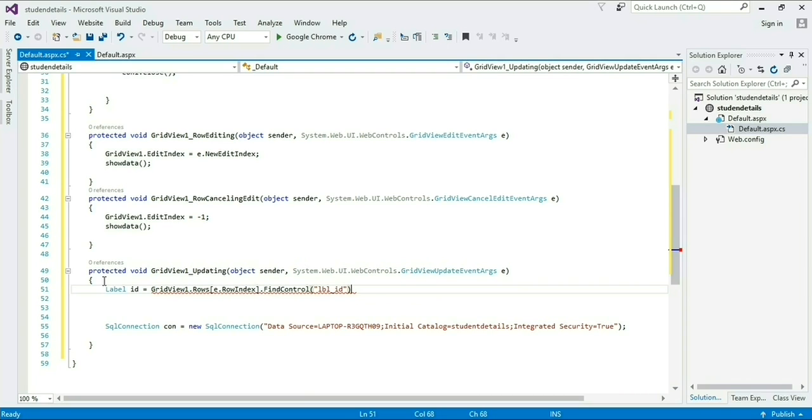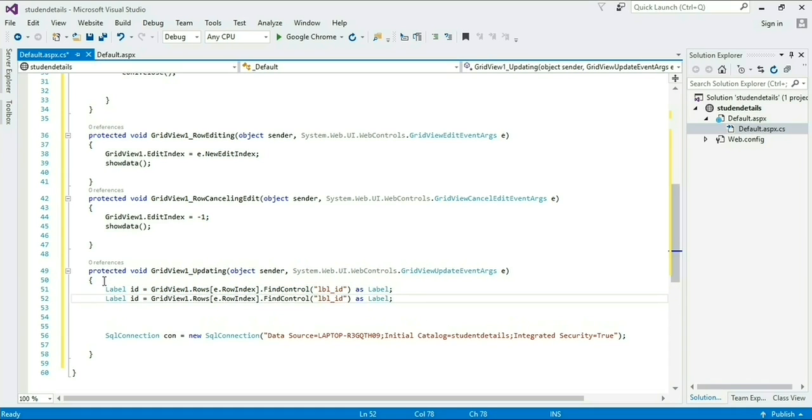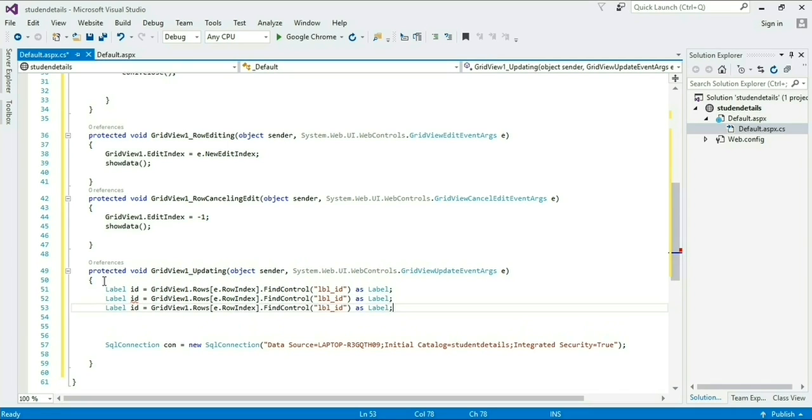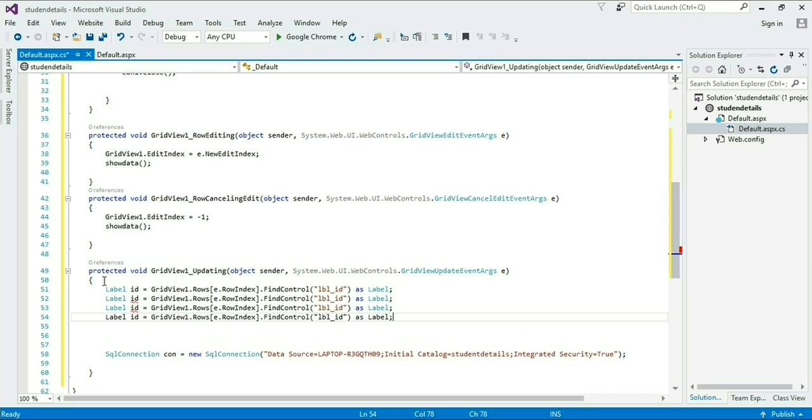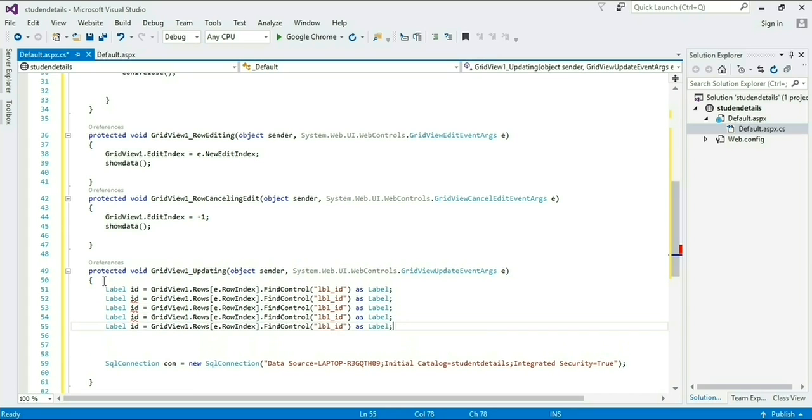Label underscore id is our label ID which we took by default in the ASPX, or you can say the source part of our page. I am passing this label ID value to this object id. Now simply copy and paste for all columns. Now my second column is name. This is our object name, and under this double colon I am passing the label ID of name.